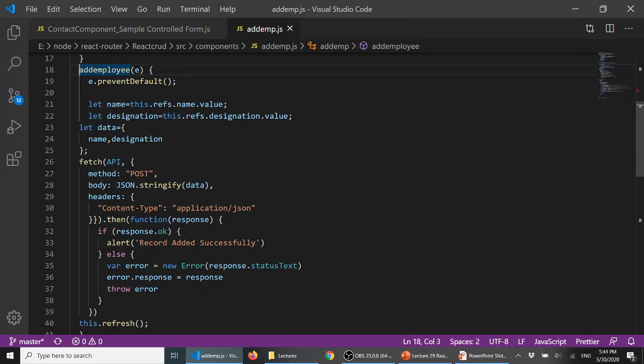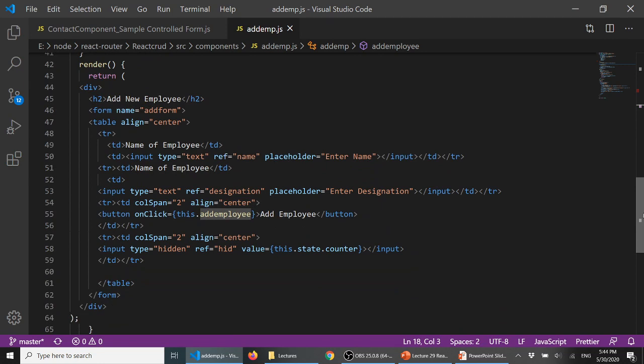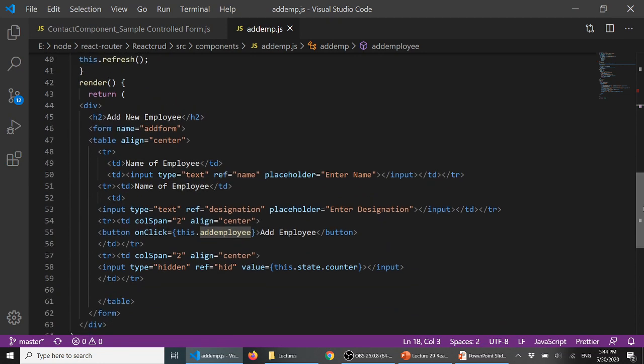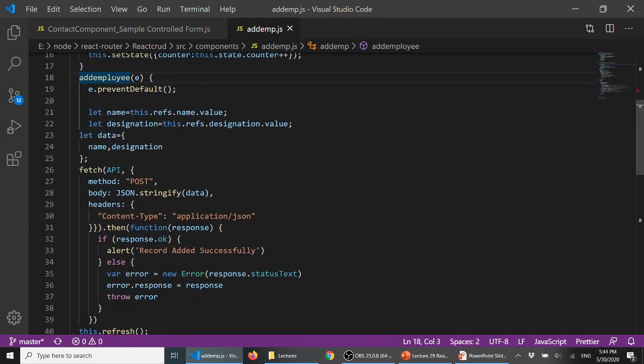But if we want to submit data to the server at some particular point of time, like in this case, whenever the user presses the submit button, then this function will be called. In it, after calling the function and setting the value, we are calling the fetch API.